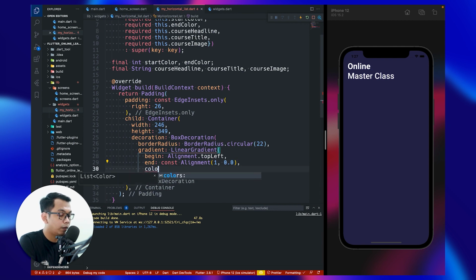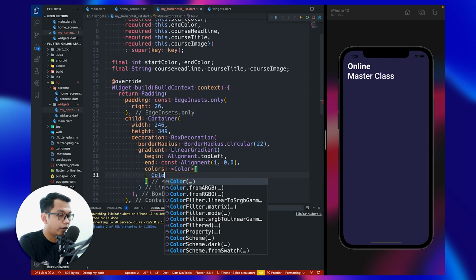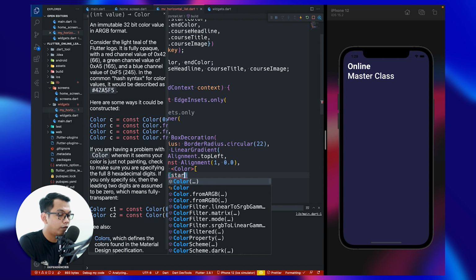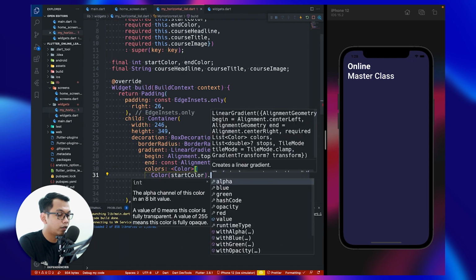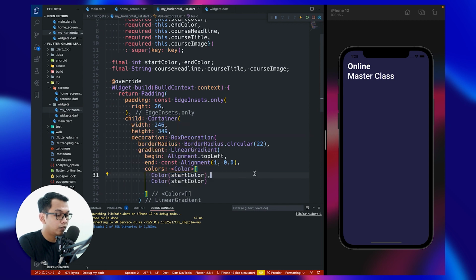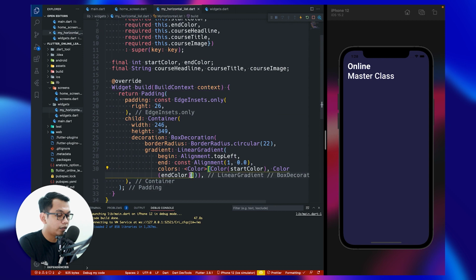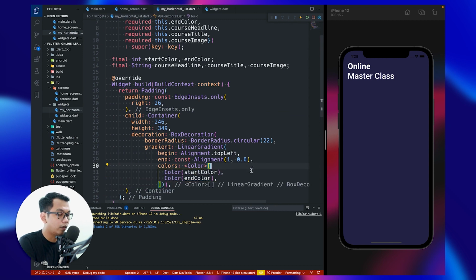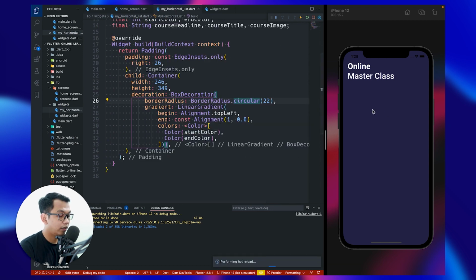And the last but not least, we can call list color, and we can call color, and we call our variable right here start color, and copy this, paste here, and we say end color. Look like this, give a comma. Okay, nothing appears right here.